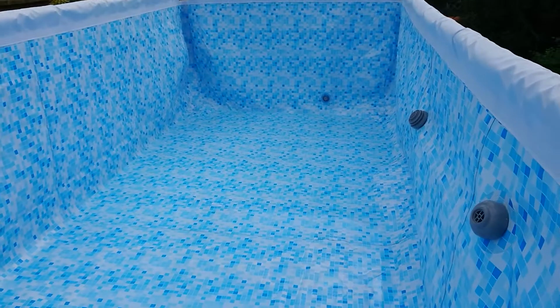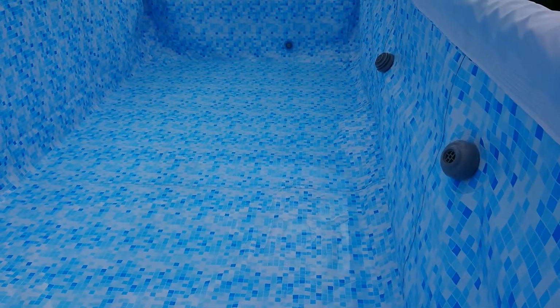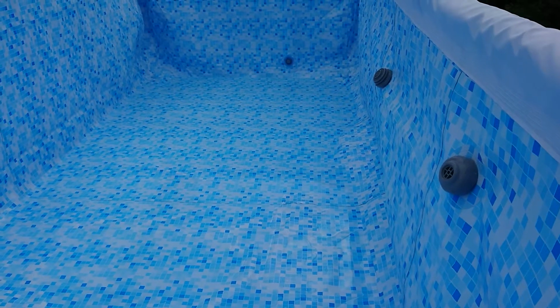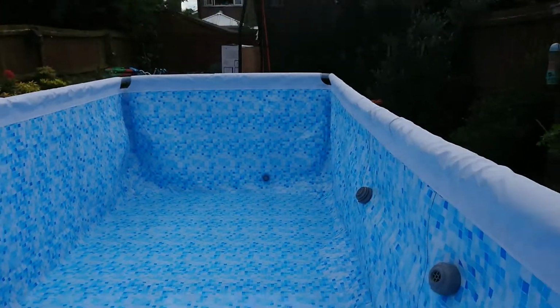And then when the pool has a few inches in it, I need to get inside there and push out the edges, make sure everything is trodden down. Now,